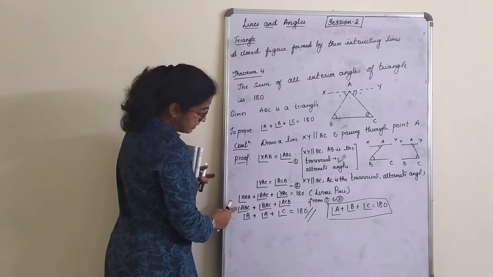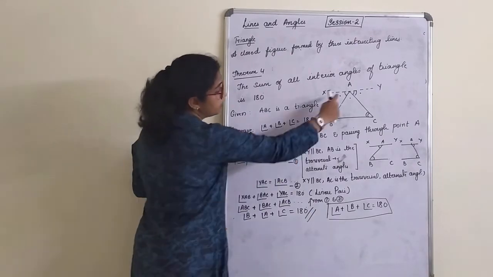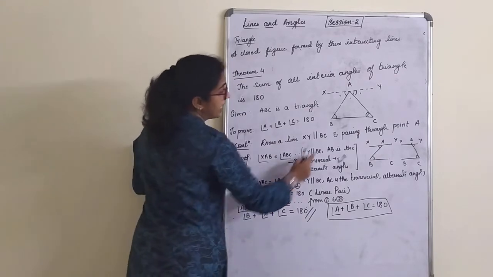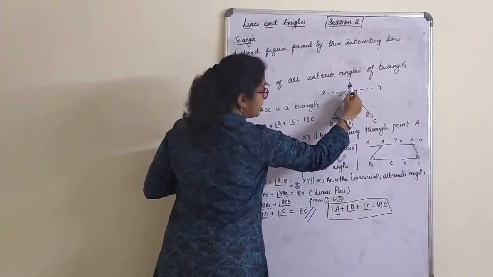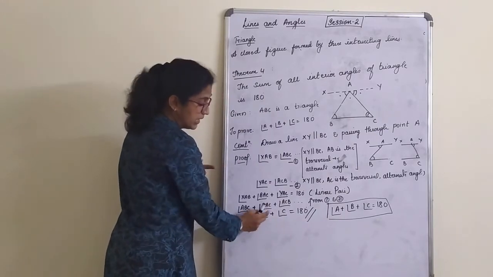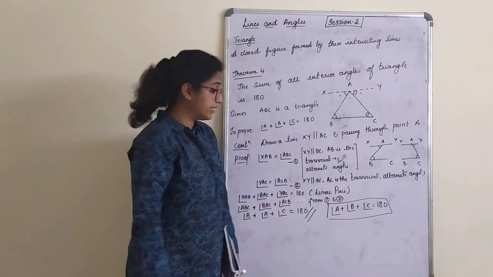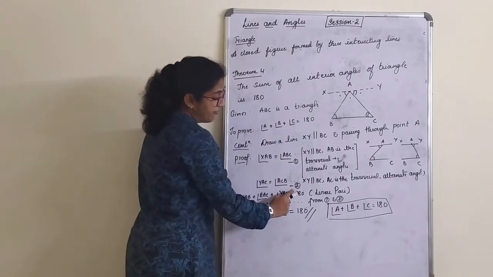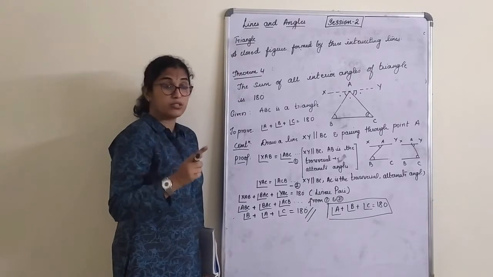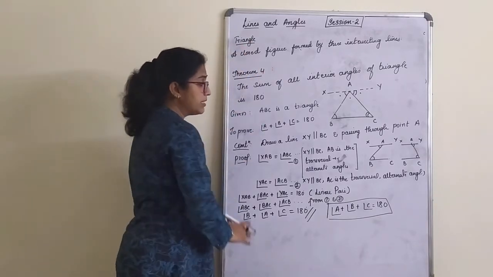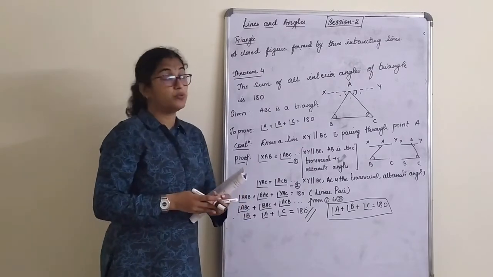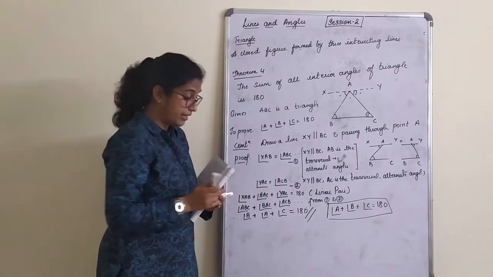Therefore, angle ABC. Why? Because XAB is equal to ABC. That angle we wrote here. BAC as it is. YAC is equal to ACB. ACB, that is nothing but angle C, angle B, angle A is equal to 180. Everywhere, whatever I have written, I have made a point to write the reason very clearly. So that is most important. If you write everything but there is no reason, the whole theorem is wrong. This is how you prove the angle sum property of a triangle.